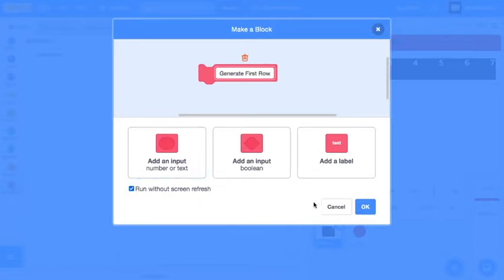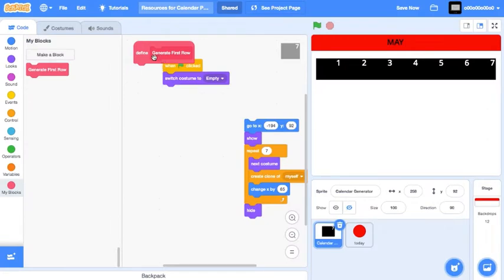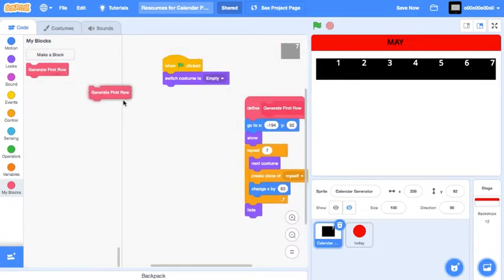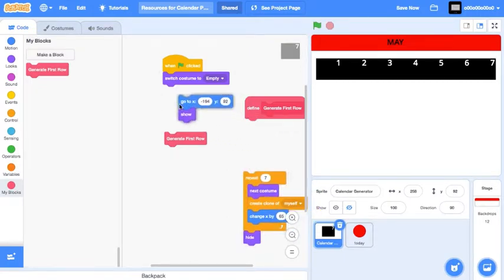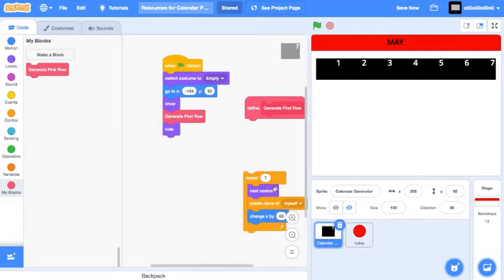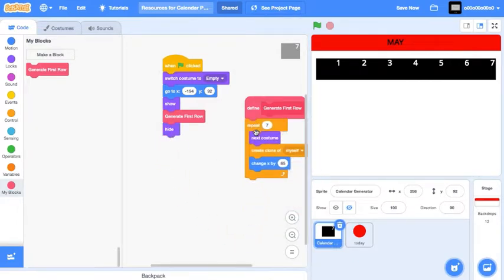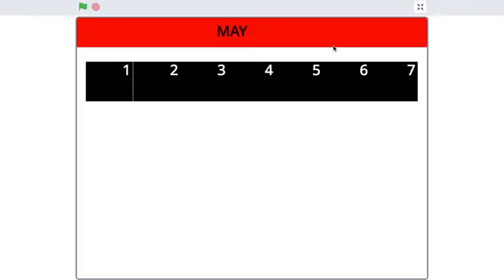Run without screen refresh. And we'll put it here. Actually, remove the show. Add this generate first row and put the hide and just keep the repeat block here. Now let's see it.